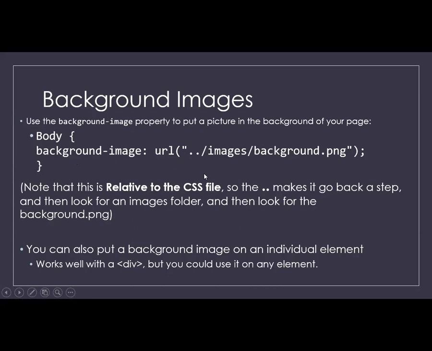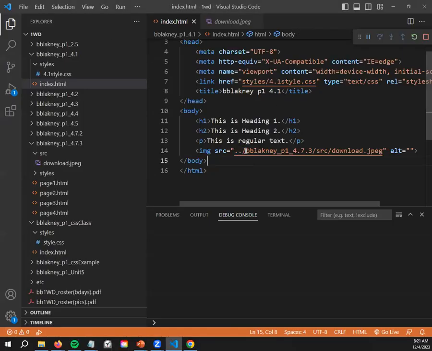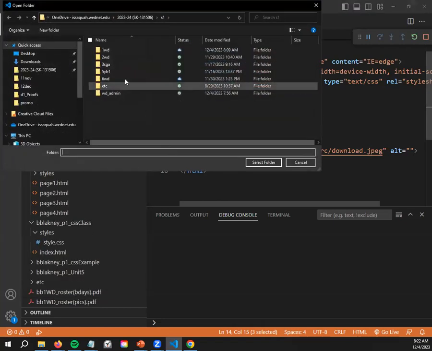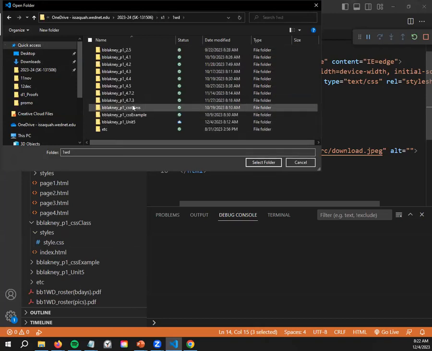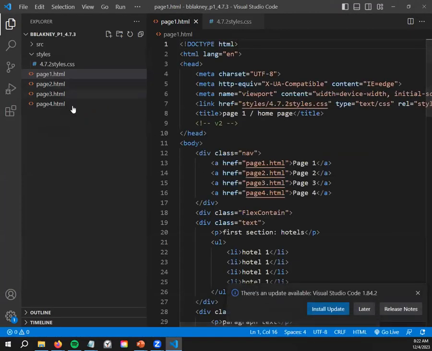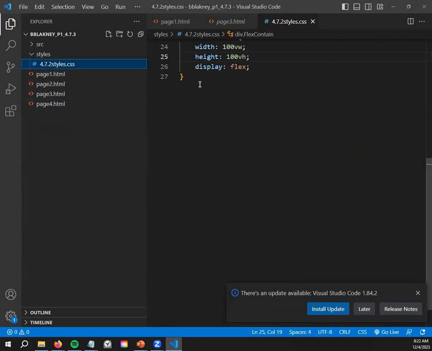So keep in mind, this is relative to the CSS file. So ../ makes it go back one step, which means it's going to relate to your root. So if I'm here, because my folder open in VS Code is all of first period web design, it has access to all of these files. If I were to just be in like my 4.7 folder, for example, let's open that up real quick. If I try to ../